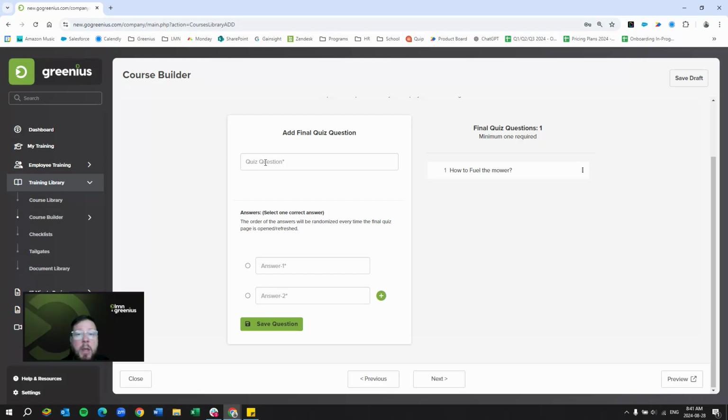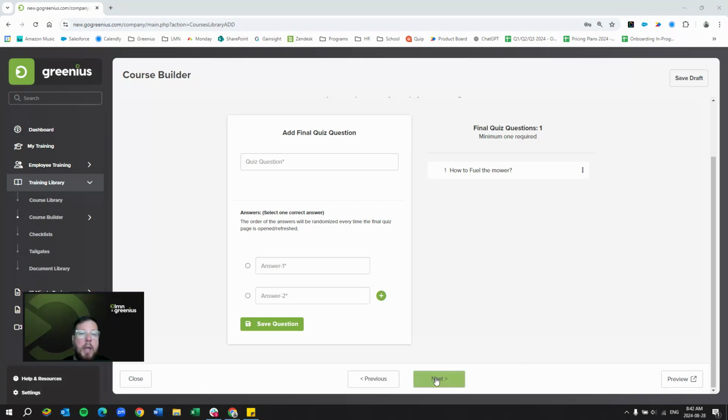of my team. Typically within Greenius, our exams are 15 questions long. So if you want to emulate that, 15 questions is what you're looking at. If you'd like to have less or more, you have that functionality available to you as well. So you just continue the same process until you get through all of the different questions that you want to ask of your team. Once you're done, you're happy with how things are going, you can simply come in here